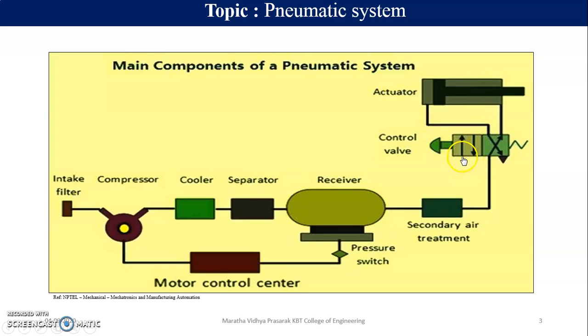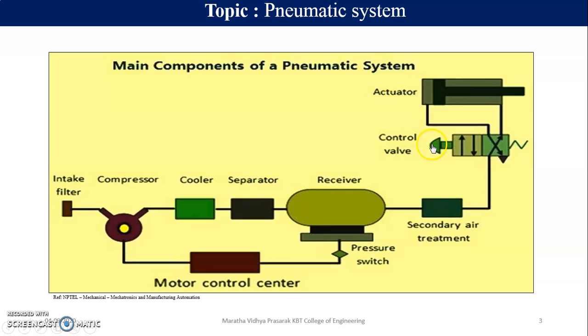So this is a pressure port. This is a release port. This is port A of the cylinder, and this is port B of the cylinder actuator. Okay. Now if this is the scenario, what will happen? The air will be coming here, it will get a path to flow from here, it will go up, and the cylinder will be retracted. Whatever air is present will get a path to go to atmosphere. This is how it is going to get retracted.